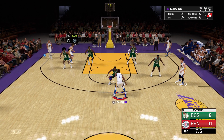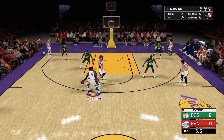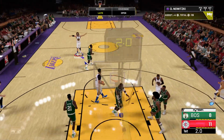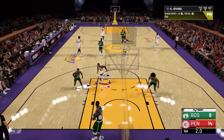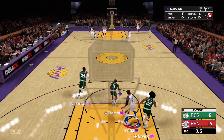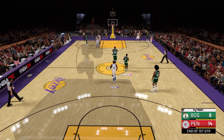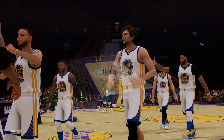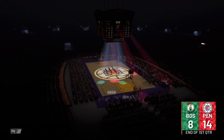Irving against Thomas. Irving kicks to Nowitzki. Good, and the assist goes to Irving. 8 points for Dirk Nowitzki. Love how confident Nowitzki is from beyond the arc. I mean, he's got such a high arcing shot to go with that 7-foot frame. Almost impossible to block it, and it goes in more times than not. And so...